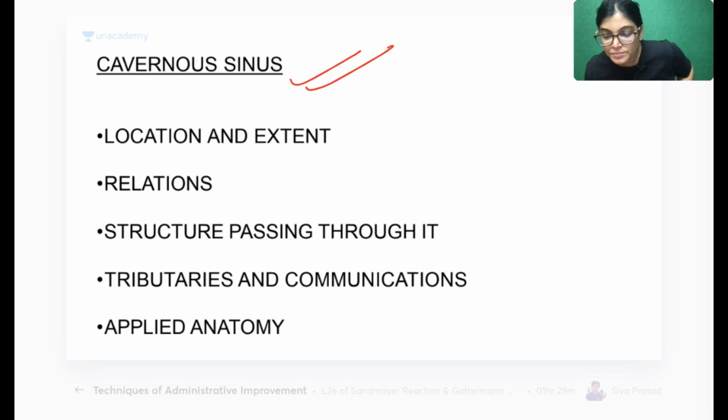Sonu, Deepak, Ram, Nisha, Hitesh. So everyone,